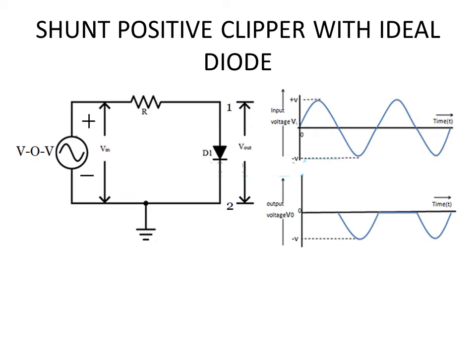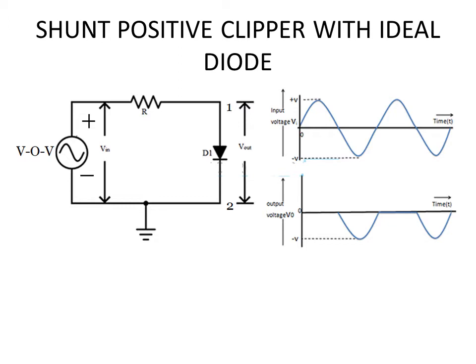So this is a circuit which is referred to as the positive clipper circuit. And I would just like to tell you in the beginning itself what is the purpose of a clipping circuit. A clipping circuit will accept an AC waveform and it will clip or cut that AC waveform from a particular level. In this case, this one is referred to as an unbiased clipper or just a positive clipper.